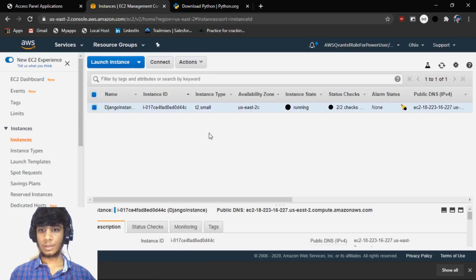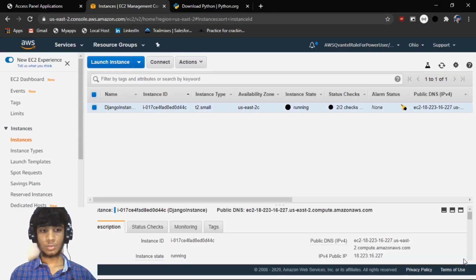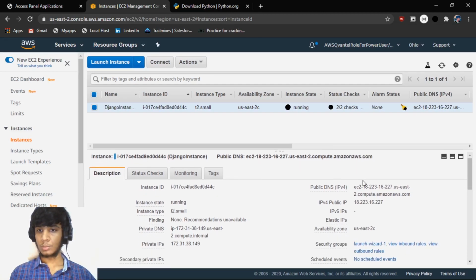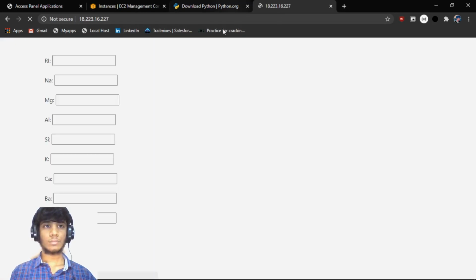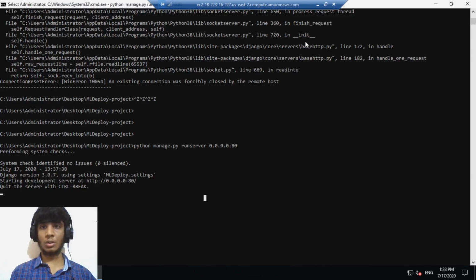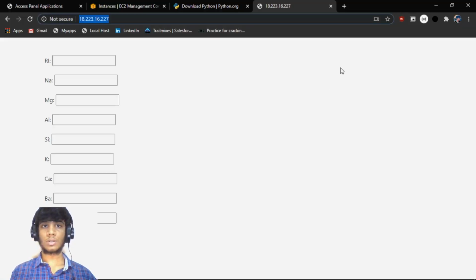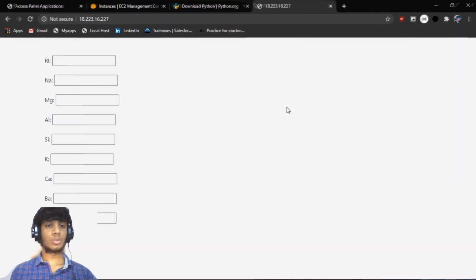Come back to our instance, then you can see the IP address, right? So the IP address which it is assigned. So the public IP is something 18.2.3. Now if you access this using the web, then that's it, guys. So the website which we are running on our Windows EC2 instance is able to serve the website to the whole internet. So if you can give this IP address to your friends, then even they can access that. So that's it, guys. This is the way which we can use our EC2 instance to run our Django app,